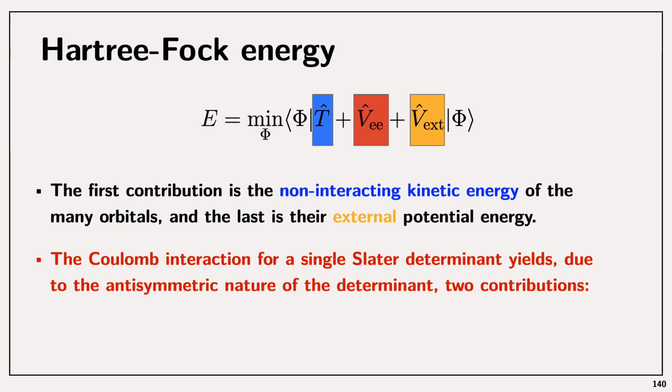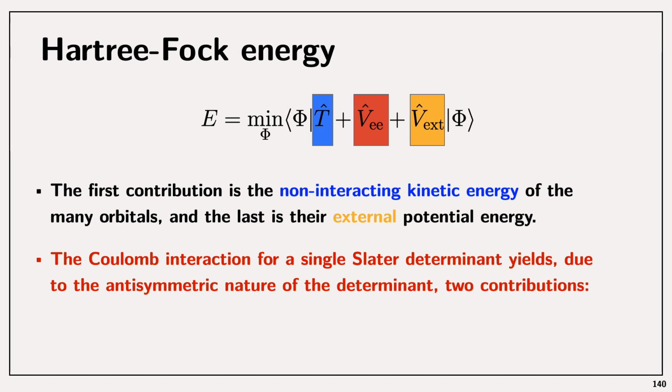It is sometimes confusing to students because I'm mixing interacting and non-interacting. So what is this about? Okay, we do include an interaction VEE, but we force the solution psi to be a product of non-interacting particles. That's what we mean by non-interacting particles. But we actually correct the energy for the electron-electron interaction. We are going to spend quite a bit of time in the rest of the screencast